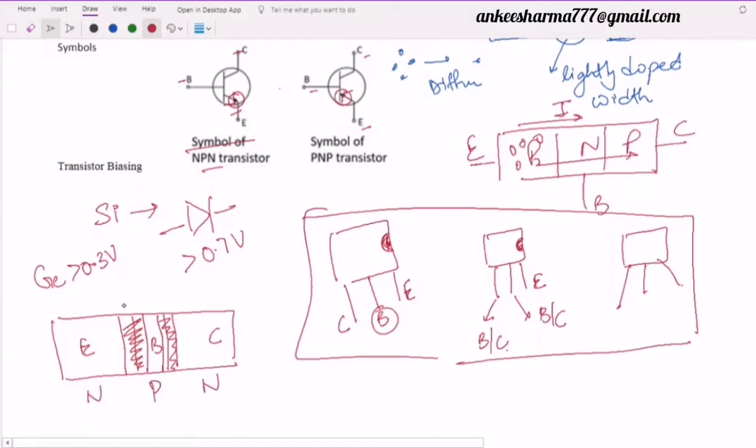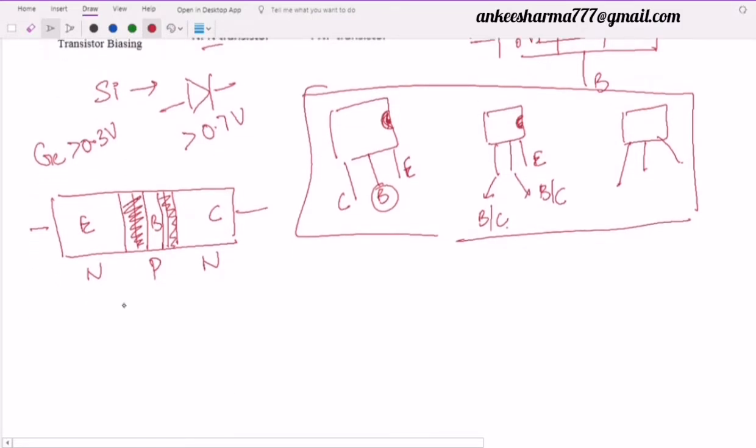So what is going to happen in the NPN? If you look at this diagram, I will have three terminals here: emitter, base, and collector. Now it is up to me to connect this emitter-base junction as forward bias. Forward bias means N will be connected to negative and P will be connected to positive. Second, I may connect this one as reverse bias, which simply means I connect N with the positive and P with the negative.